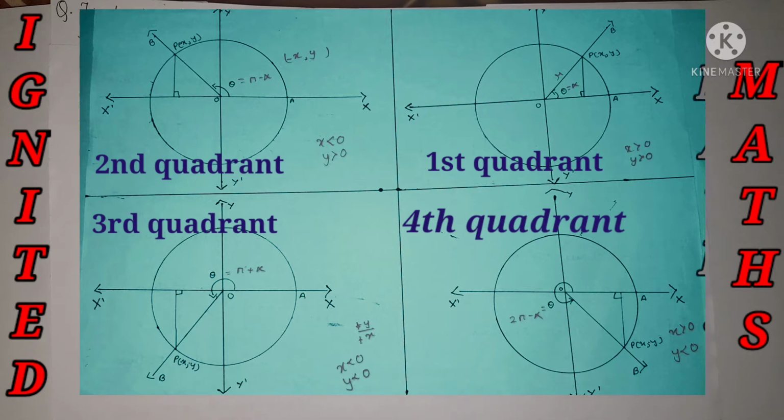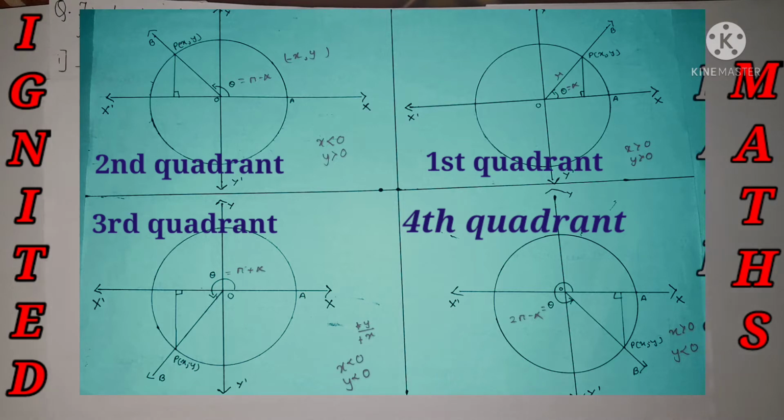So we used to see different types of sums in this video. One is of the first quadrant, second quadrant, on the coordinate axis, different types of sums, so that we can solve lots of different problems and the concept will be even more clear. So let's start with the first example.